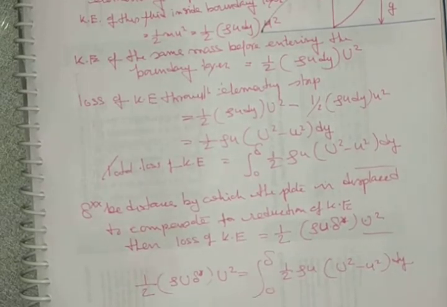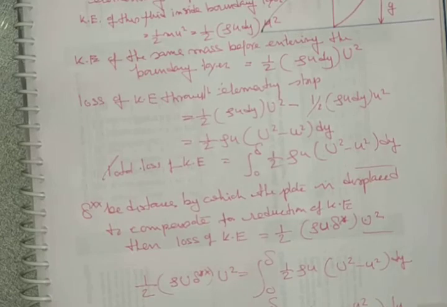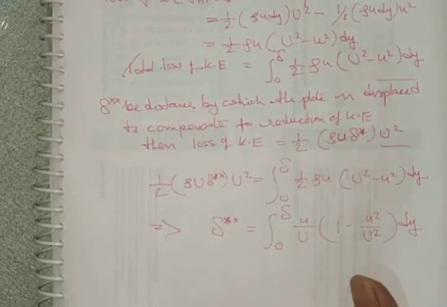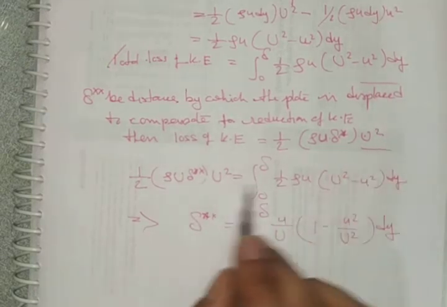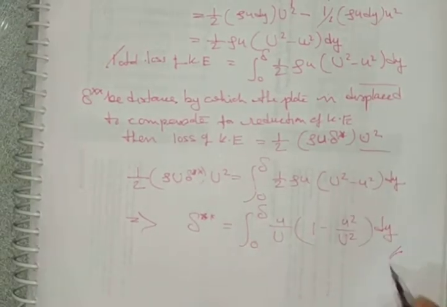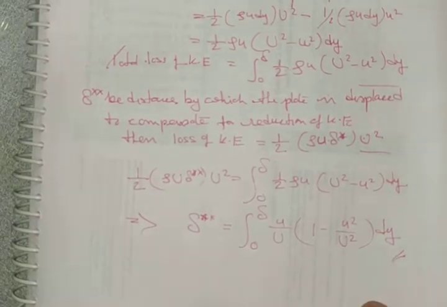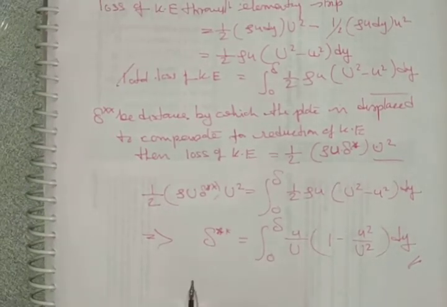After that you will get this delta double star is equal to integration of 0 to delta small u divided by capital U into 1 minus small u square by capital U square del y. So this will be equal, this to this will be equal, so ultimately you will get this. So this is the derivation for energy thickness,